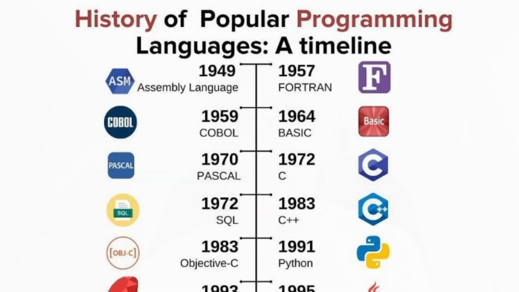Enter high-level programming languages. What programmers really needed was a way to describe the problem instead of describing every tiny operation the processor had to perform. That's where high-level programming languages came in. Languages such as FORTRAN, COBOL, RPG, and BASIC. These languages allowed programmers to work much closer to the way human beings think about a problem.